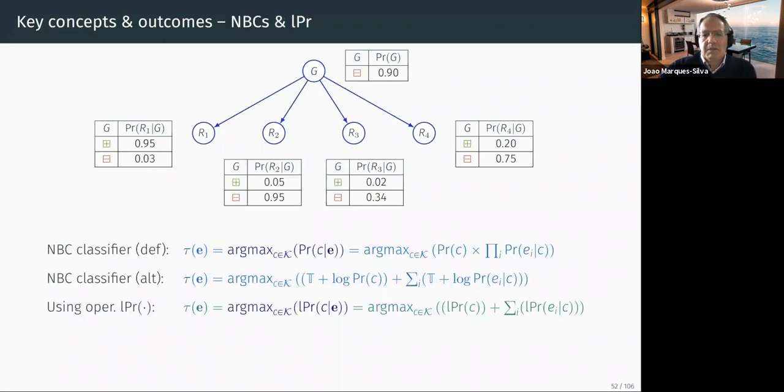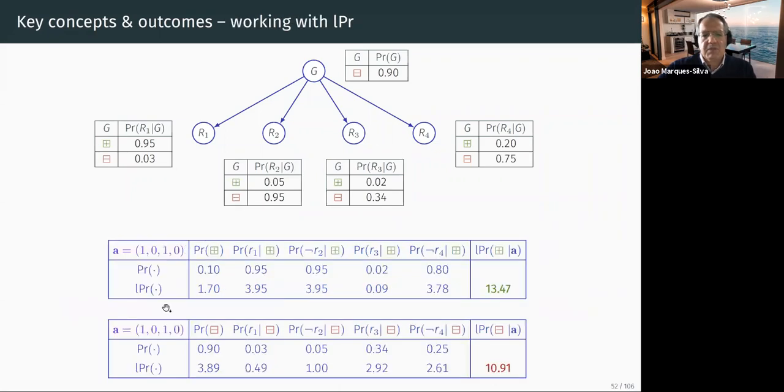And so for this example, let me show you concretely. So we have this instance. Here we have 1, 0, 1, 0 shown here. We have the probability for plus. Usually it's not shown because it's implicit. So it's 0.1, it's shown here because this is 0.9. And then we have the probability of R1 given the plus, 0.95. So essentially this table is taken from the Bayesian network. So the probability of not R2 given plus is the complement of this one, so 0.95, and so on and so on.